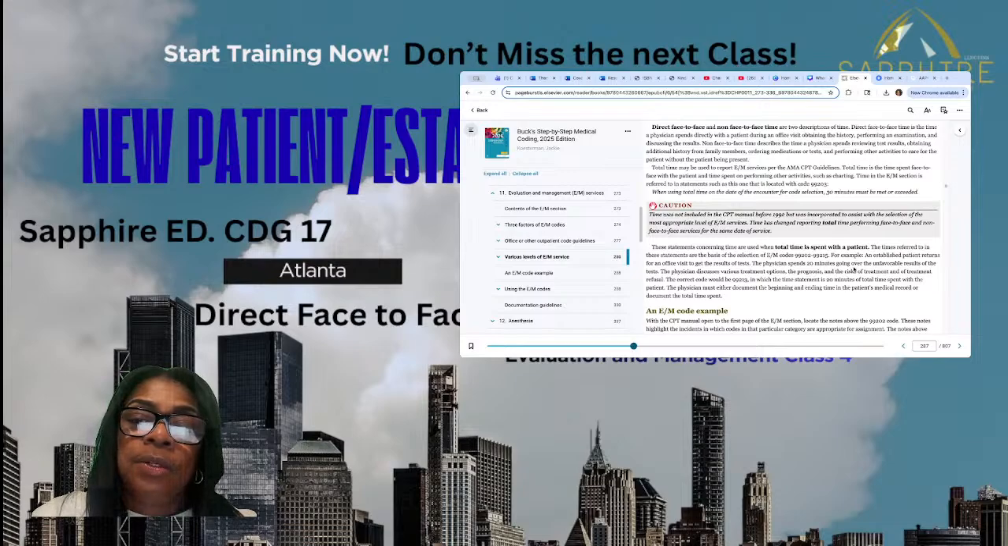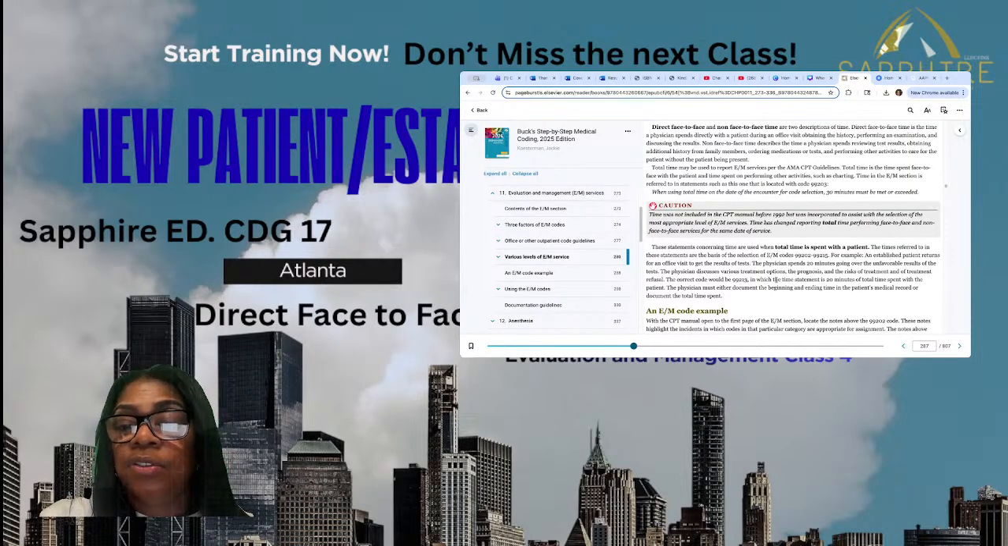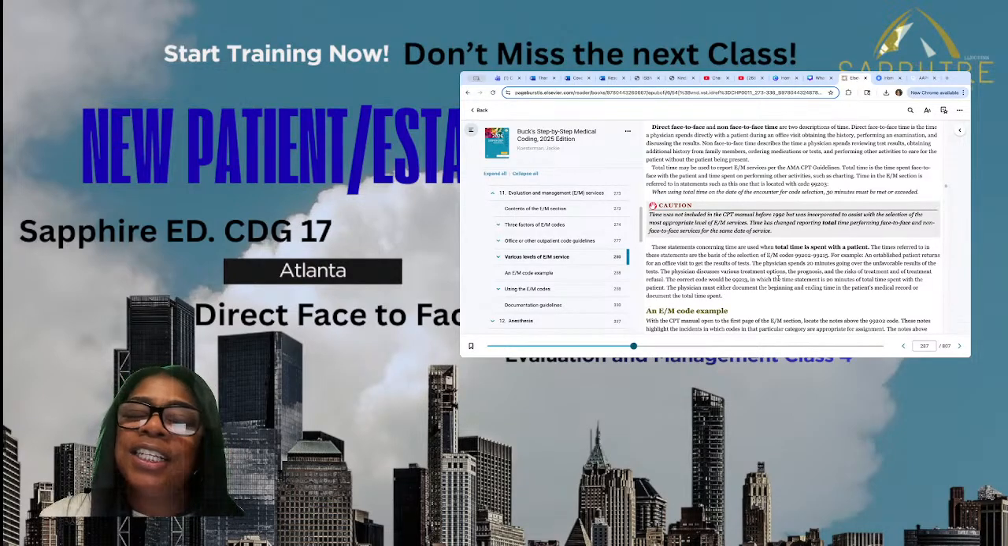For example, an established patient for an office visit to get the results of a test. The physician spends about 20 minutes going over unfavorable results in the test. The physician discusses treatment. He also discusses prognosis and the risk of certain treatments. Because this puts you in the mind of when you go to the doctor, right? So the correct code would be 99213, in which the time established is 20 minutes of the total time spent